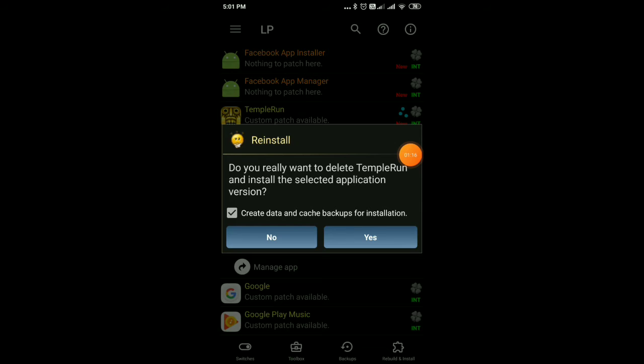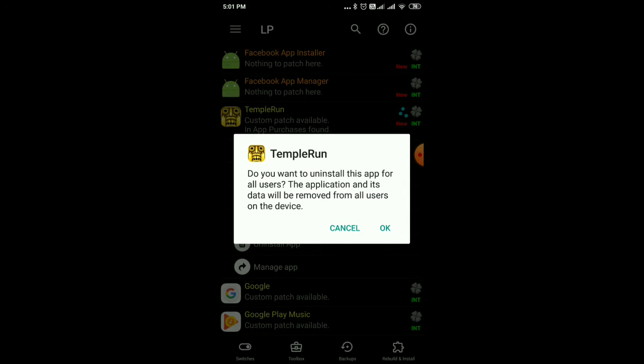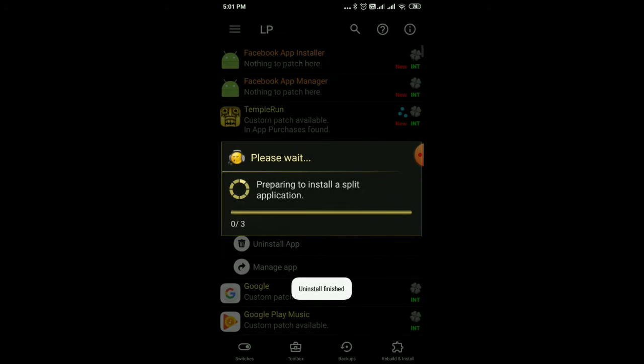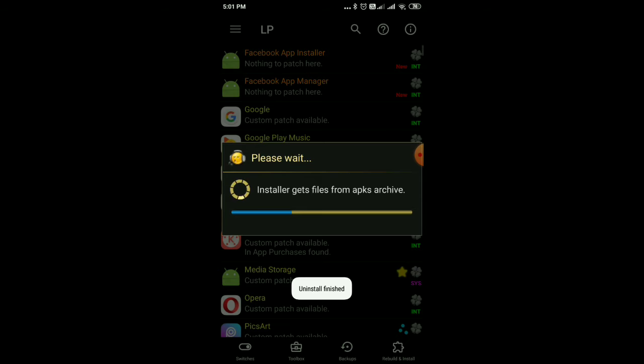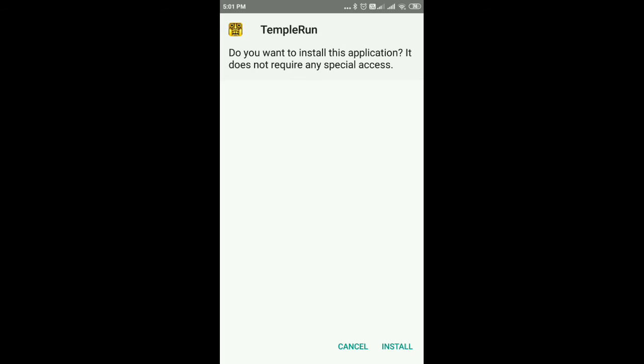This will uninstall my previous version of Temple Run and install the new patched or hacked version of Temple Run. So I'm gonna press on yes, okay, and it's gonna uninstall Temple Run and install the new hacked or patched version of Temple Run with no Google Ads.